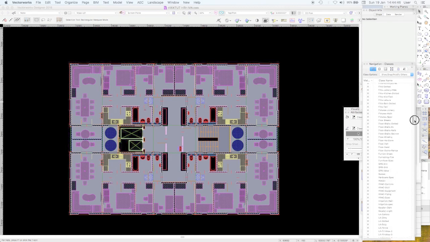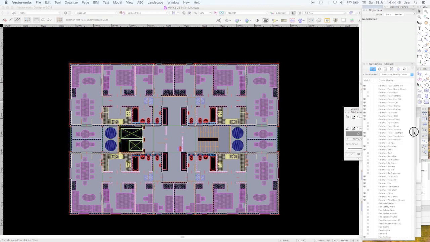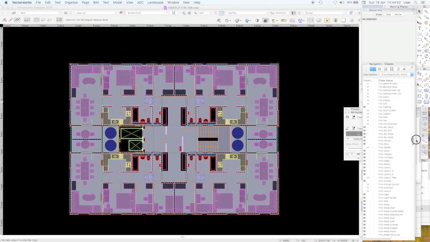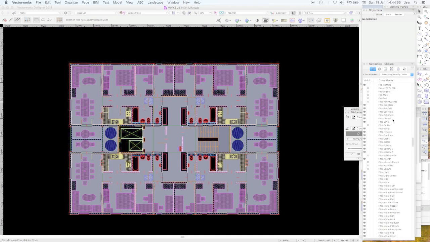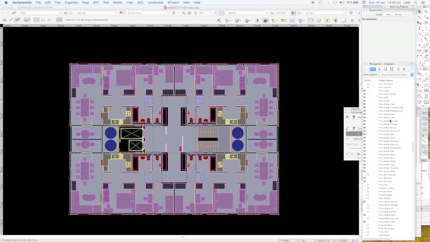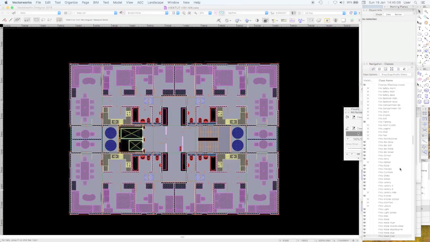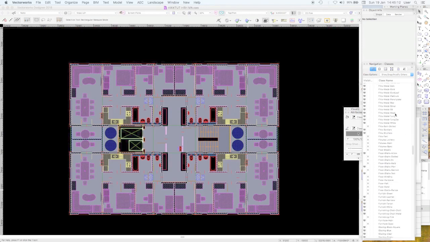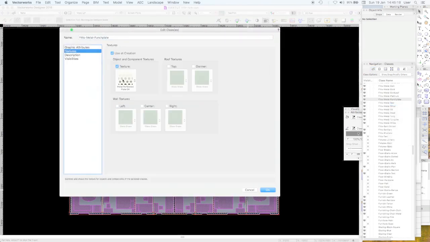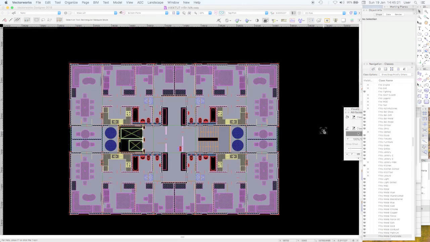Where attributes are set by class, we justified the reason behind a number of classes in order to control their attributes in viewports. Particularly, there's a good example: the metals. Metal cast is cast galvanized metal, metal punch plate. That was a nice one. And it's got the perforated plate. So if you've got that, in order to control attributes by class, it's a convenient way of doing it, rather than say I just had that sort of punch plate one as